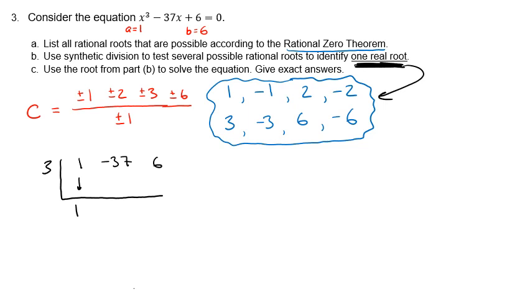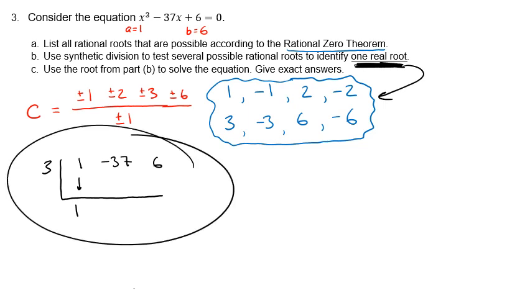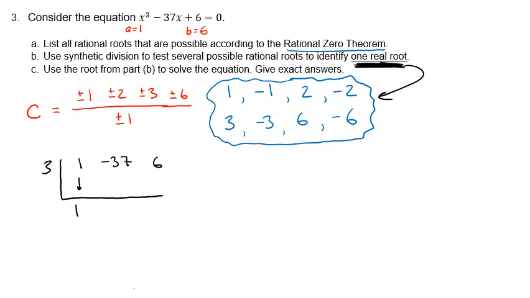If you look at the original equation, we have 1x to the third, -37x plus 6. So we've got 3 numbers there, 1, -37, and 6. But we can't set up our synthetic division like this. Because if we write it out like this, then this is the constant term, this is the x term, and this would be the x squared term. There is no x squared. There's an x cubed. So if there's a missing power of x in your equation or in your function, depending if the problem is asking for roots or zeros,